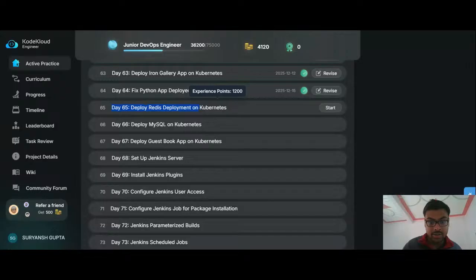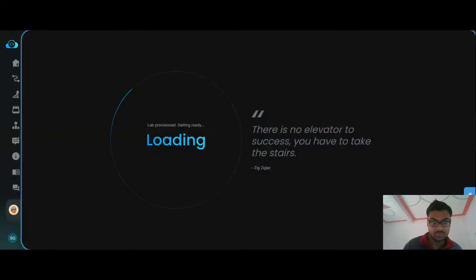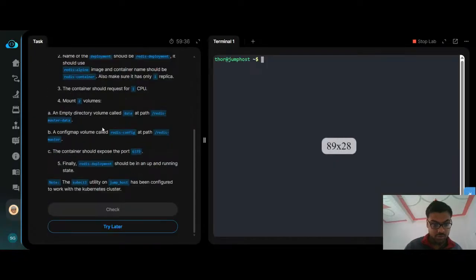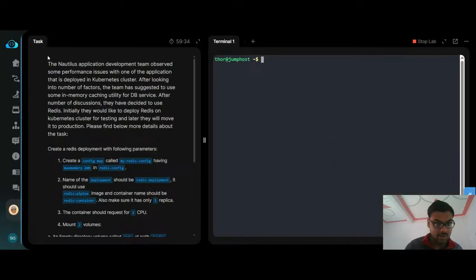Let's jump to the Redis deployment on Kubernetes. This is our second task for today, day 65. This is cool. इस एप्लीकेशन के बाद ब्रेक लेंगे, ओके।